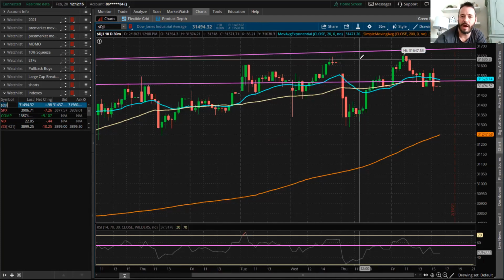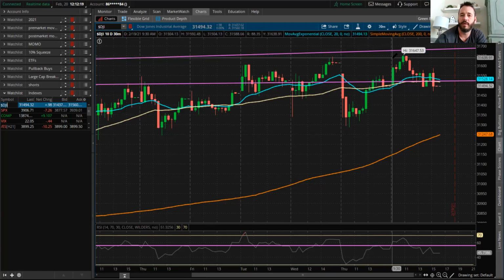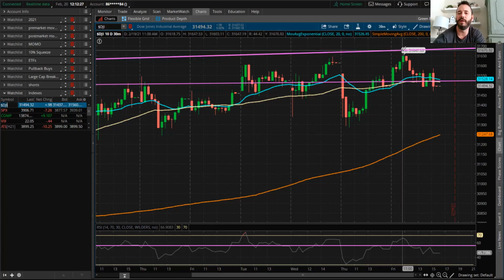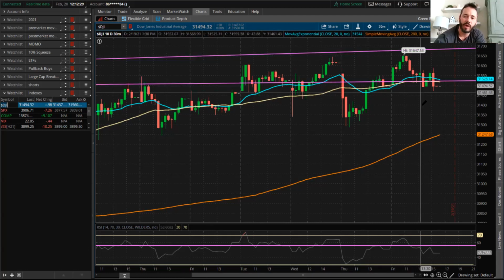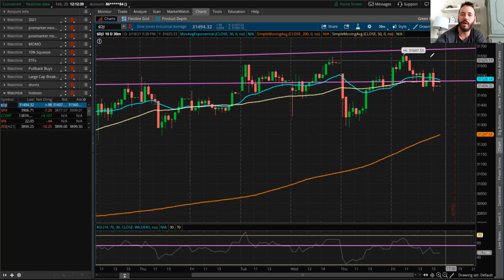So you have your high here, you have your low here. It's just consolidating between those two levels. And as you can see here, we almost hit that long-term trend on the high end. Also, just monitor this trading range. This is called the sideways trading range, consolidation between these two levels,